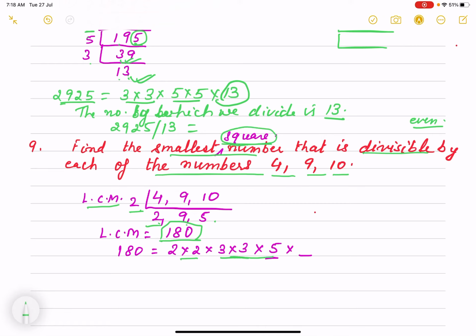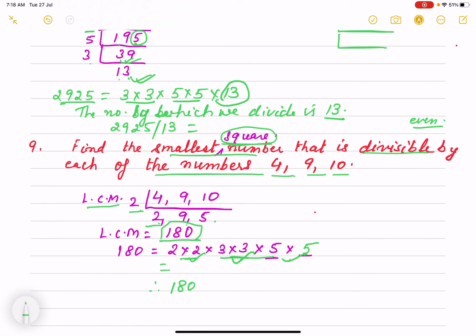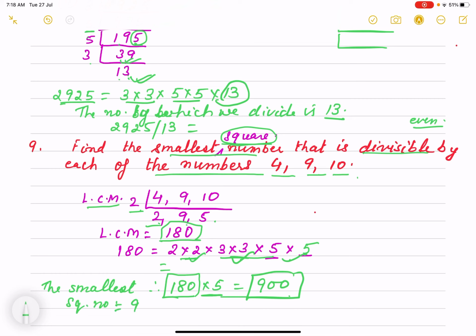So how do we get it? If we multiply by 5 here, I am getting a perfect square number. You see, all the 2s, 3s and 5s are in pairs. So if I multiply 180 into 5, I get 900. That will be the smallest number which is divisible by 4, 9 and 10, because here I am getting 180 but it is not a perfect square number. So how do I make it a perfect square number? By multiplying by 5. So the smallest square number is 900. This way you will complete the